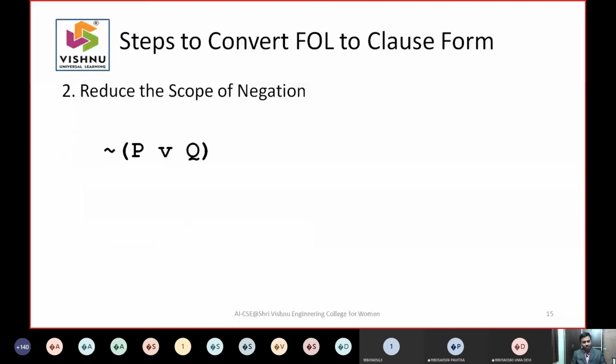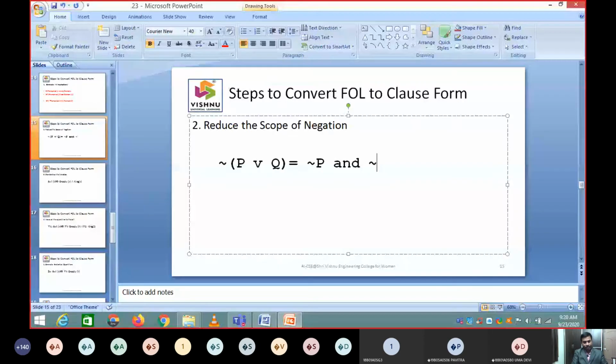Whenever this type of thing is there, you need to reduce the scope of the symbols by using and, or. Every time you have a not operator applied on a big expression, in terms of statements, you need to reduce the scope of the negation. It's a very important rule that we will do automatically. Even if these 8 steps were not introduced, we would follow the same procedure.